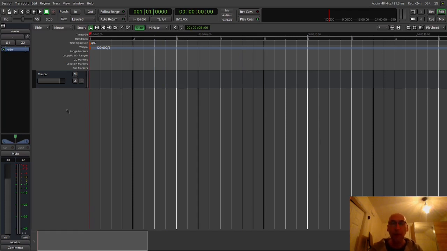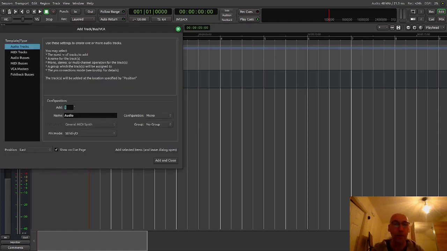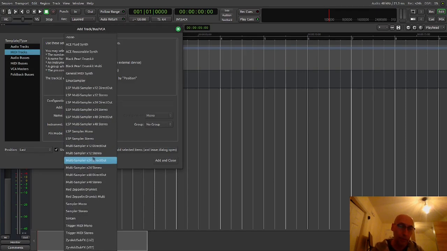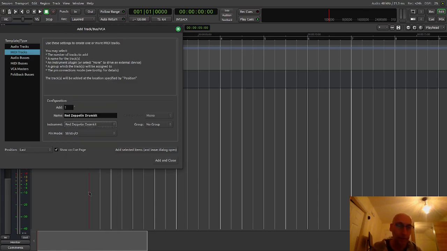So what we have here is a new session in Ardour, completely new. The first thing I'm going to do is generate the MIDI instrument that I want to receive the events. So I'm going to use the famous Red Zeppelin drum kit,